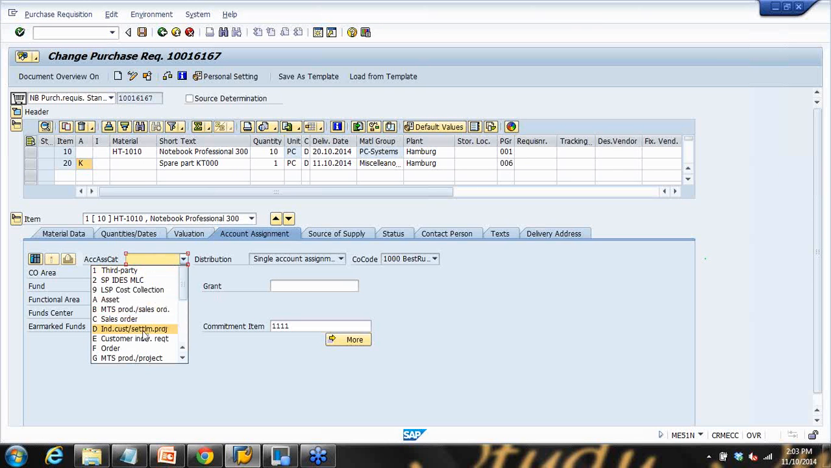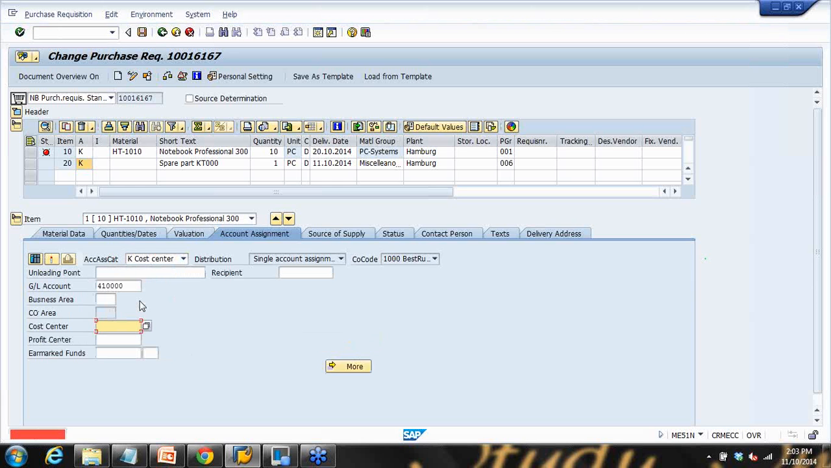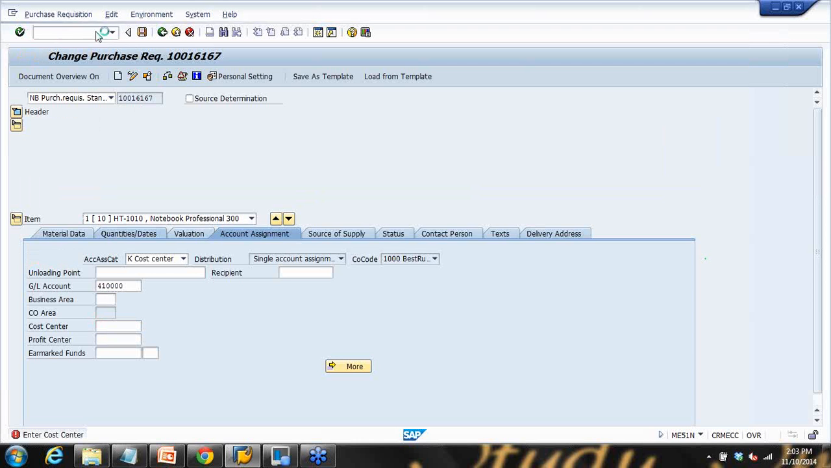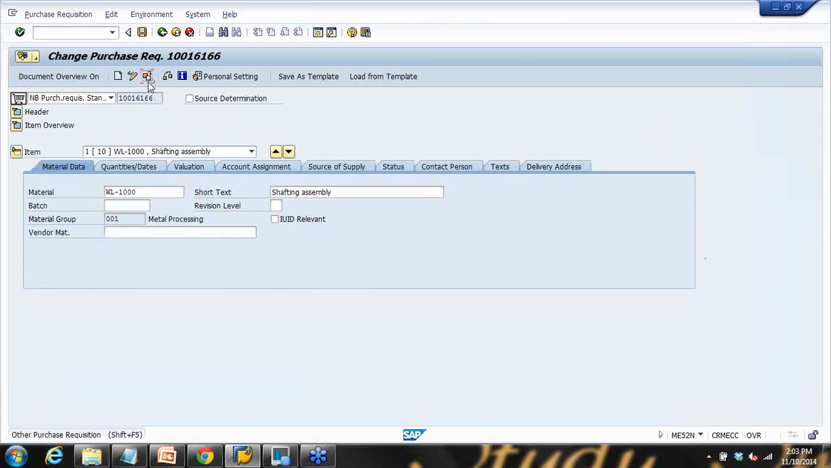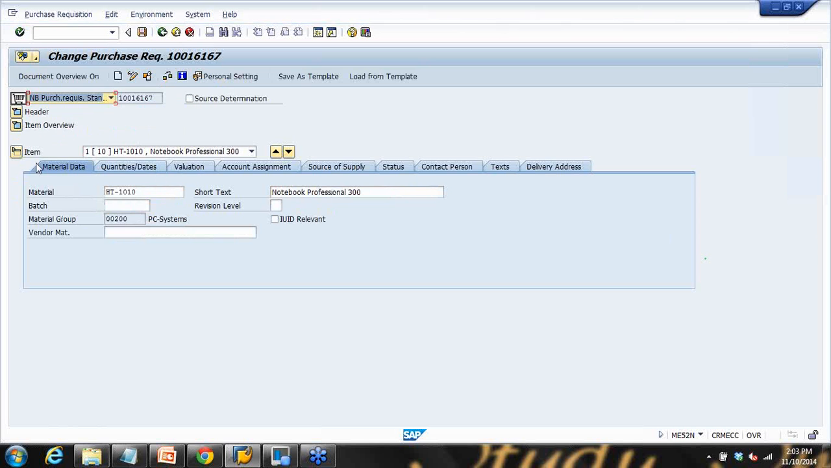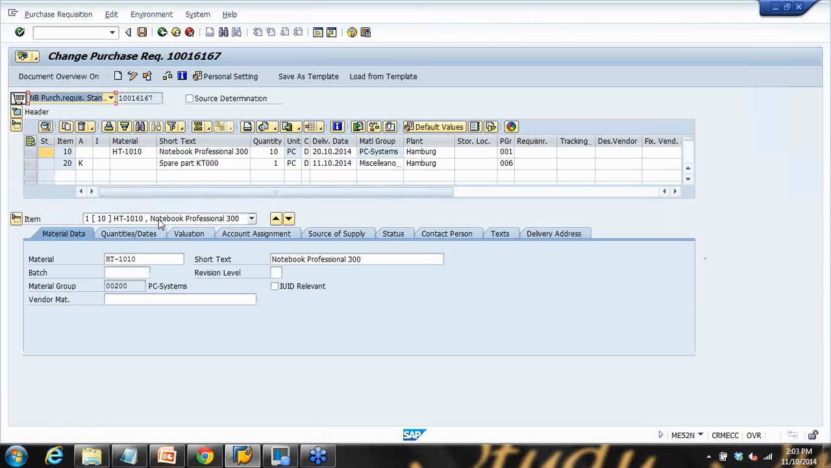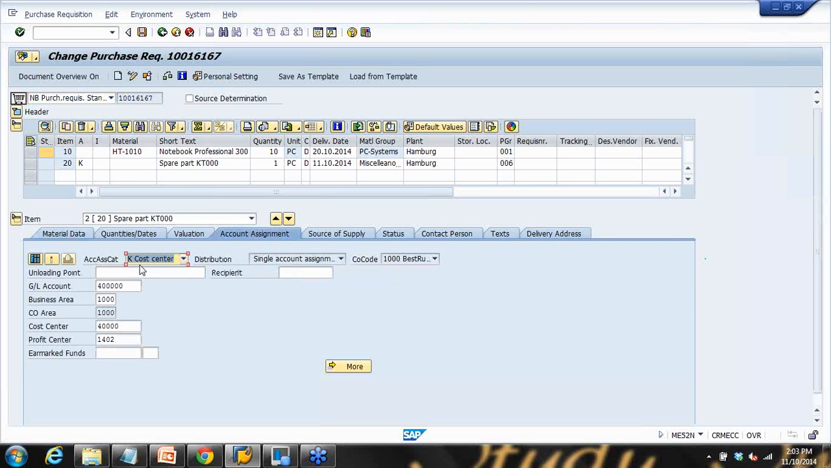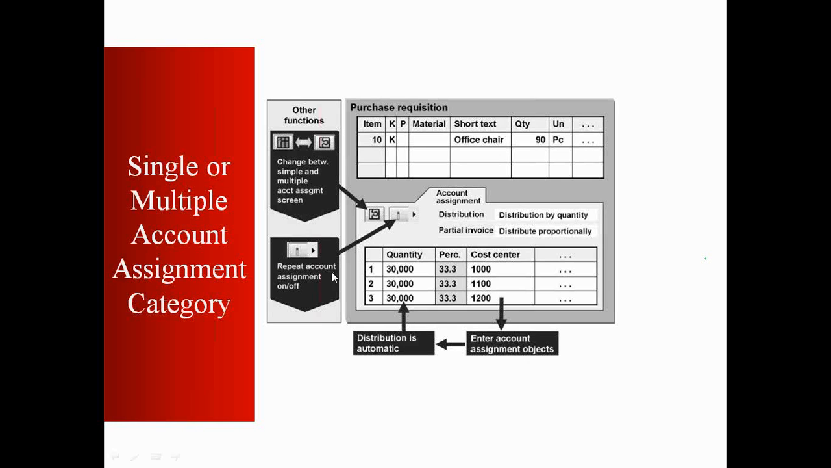Like I can select K, cost center. Oops, sorry, I picked the wrong one. Let me go back and come back in again. ME52N. Okay, select the second item and go to account assignment. Okay, that's good. Now in the account assignment, you have the option to enter